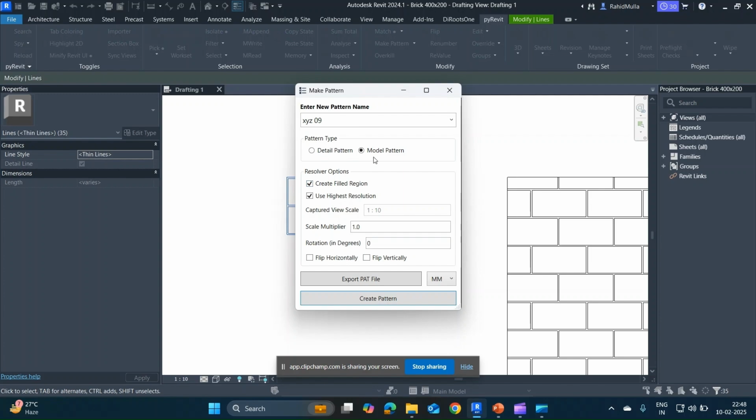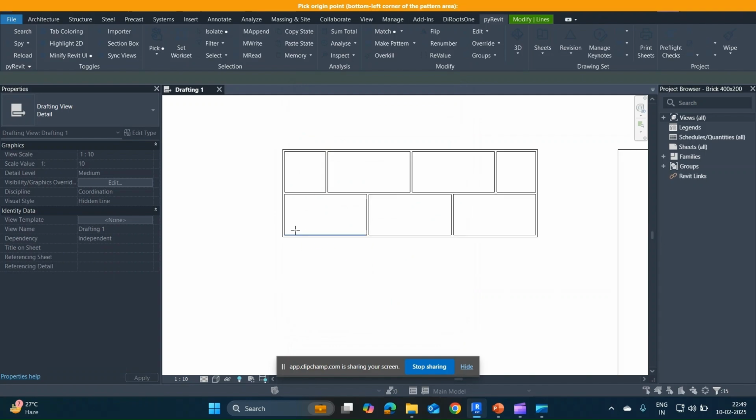Okay, and I want it to be model pattern. What is the difference between model pattern and detailed pattern? That I'll let this video. Okay, once I have selected all the required categories, I will go to create pattern, and I have